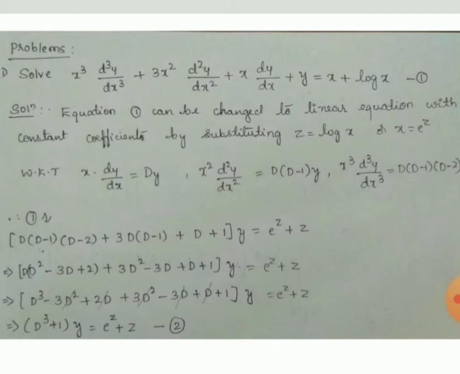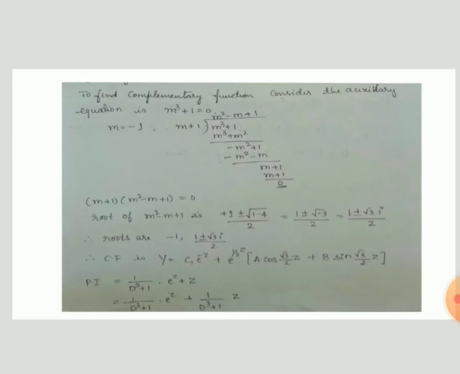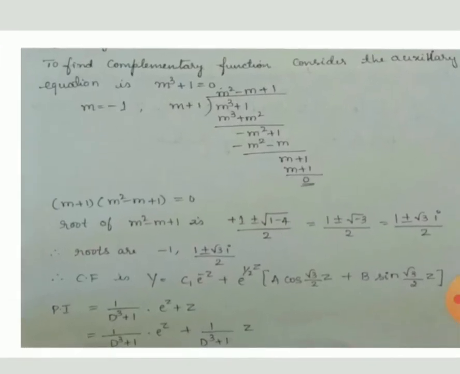Observe that it is now transformed in terms of z, and we have to solve that one. Again we have to substitute back in equation 1, so we have to find the solution of equation number 1 also. I will call this simplified equation number 2. Now first we shall find the solution for equation number 2. The solution is the sum of the complementary function and the particular integral. So first we have to find the complementary function for equation number 2.